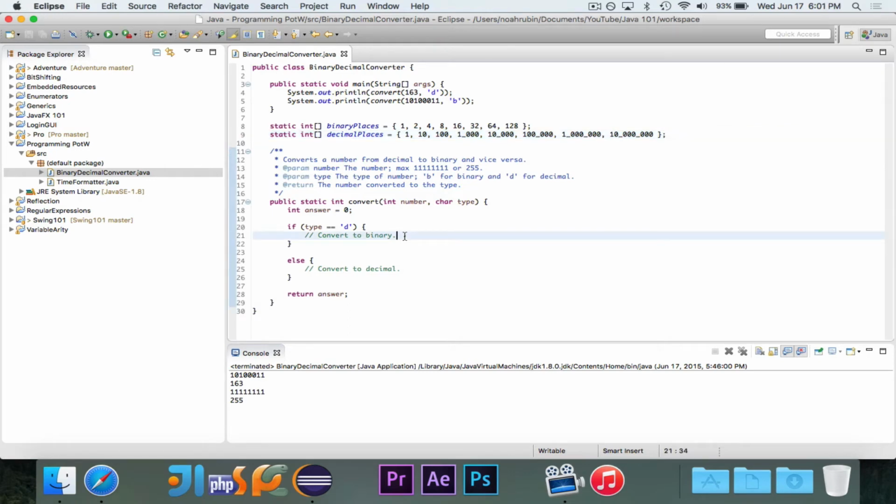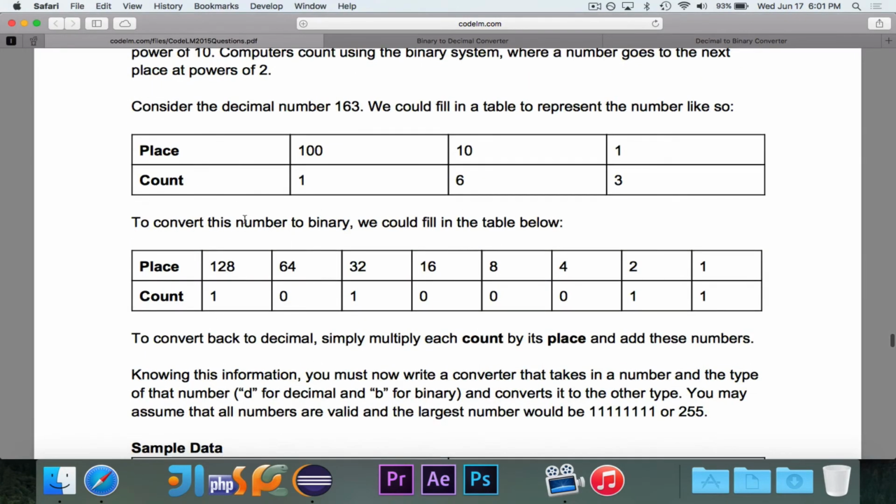So first, we'll go about converting it into binary. What we want to do is step through every single binary place, starting from 128 to 1, and then given that decimal number, we need to convert it. So if we're given a number like 163, as we mentioned before with this table, we need to say, okay, there's a 128, so we put a 1 at the beginning of the number,